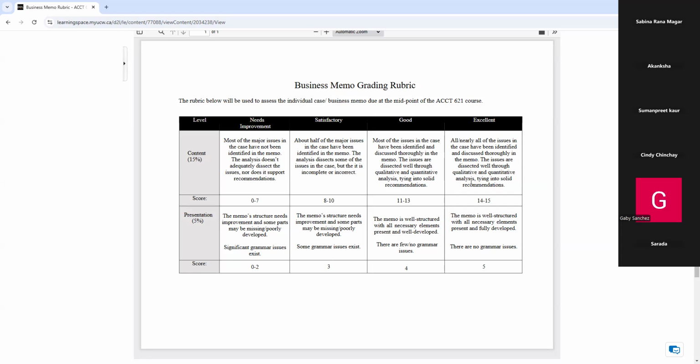Professor, for each of the different things that we have to calculate, do we have to follow the memo format for each one, or is the memo format just for the entire work? The memo format is for your entire work. You're going to put all those things in the format of a memo. What that means is, as I already commented with you, once you look at here on Brightspace,